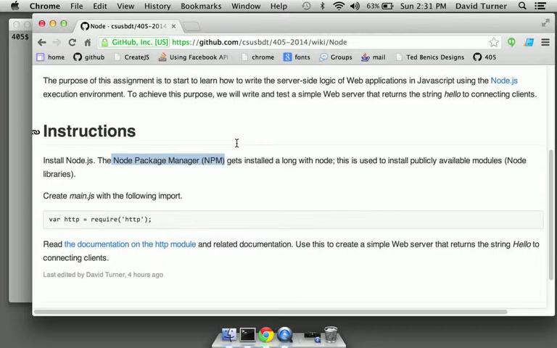The Node Package Manager is the software that you use to extend the Node.js execution environment by adding libraries of publicly available Node.js programs. Now these libraries are called modules, because a module is an organizational unit that's a part of Node,